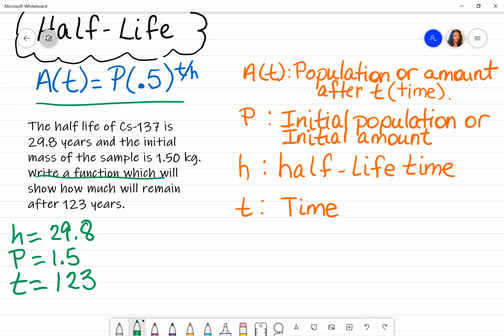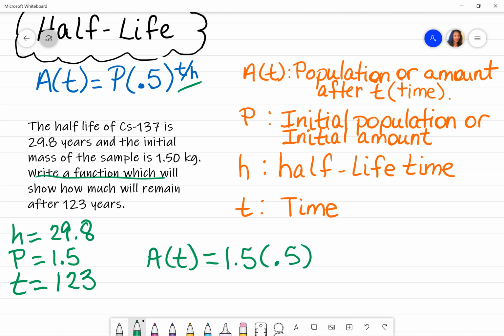So now I just go back to my half-life formula and I fill in what I know. I don't know my A of T. That's what I was trying to find. I know that P is 1.5. It's multiplied times 0.5 based off of the formula, and all of it is raised to T over H. T is 123, and H is